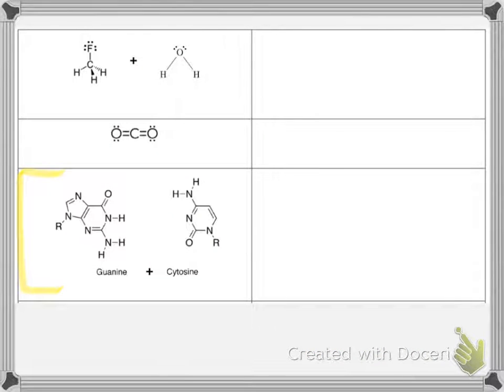I'm going to go ahead and bypass a couple of examples because I want to look at guanine and cytosine, 2 DNA nucleotides. Hopefully remember that guanine and cytosine are a match, they're a pair. Well, let's see if intermolecular forces can explain why. Okay, the one thing on this that annoys me is that it does not show the lone pairs, so I'm going to add those. It can be harder to determine if a giant molecule is polar or nonpolar. DNA is a giant molecule. But what you're looking for are these regions of asymmetrical electron density.